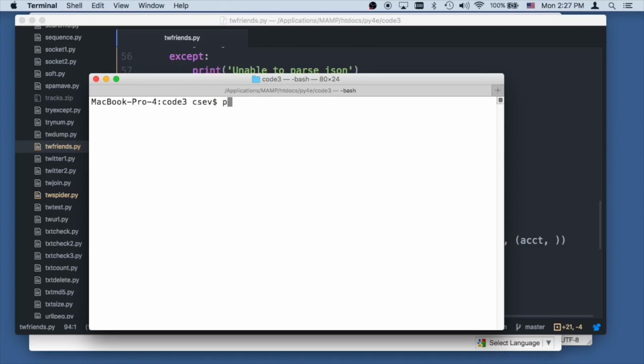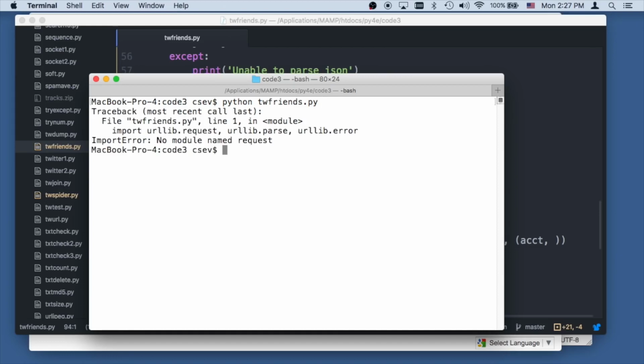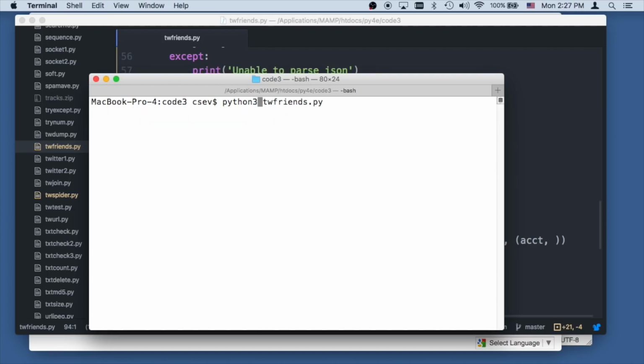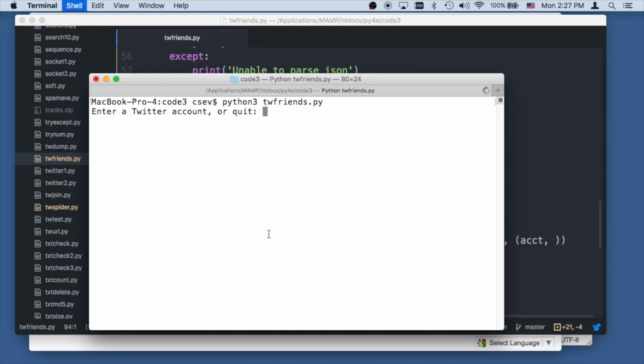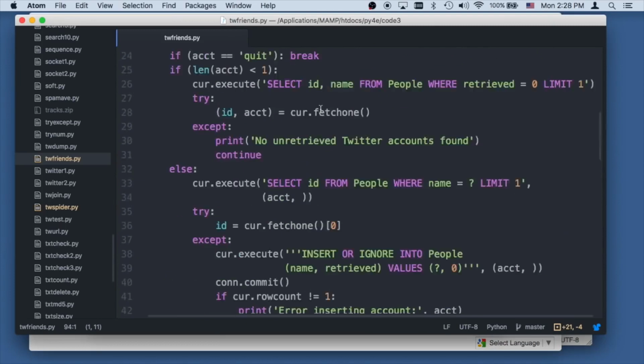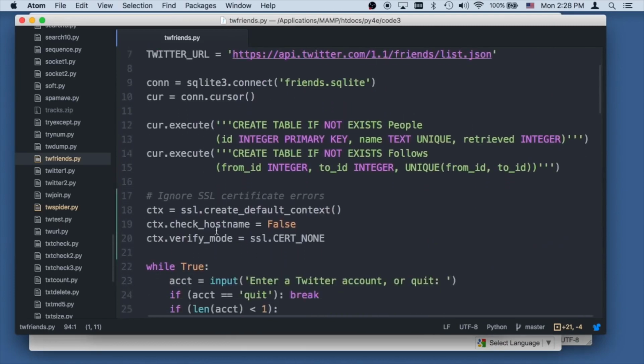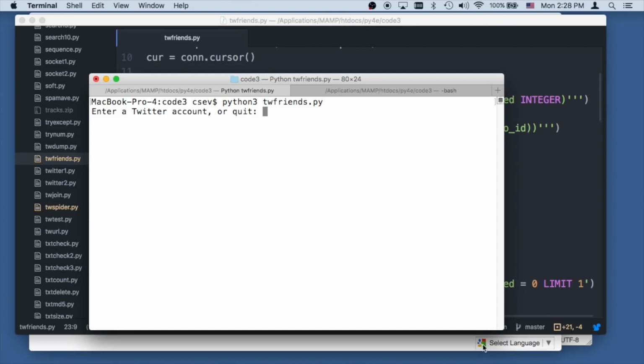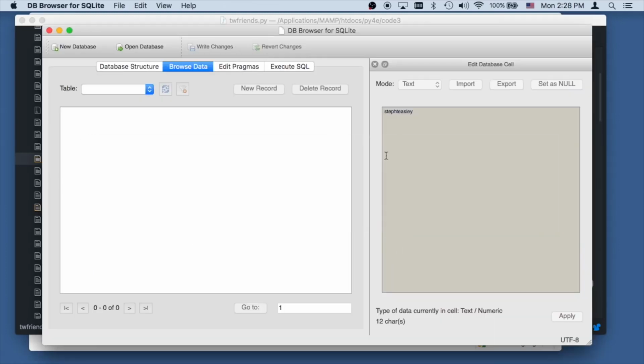Okay, so python twfriends.py. Oh, of course, I am a refugee from Python 2, so I always forget to type python3. Okay, so we're going to start. If we take a look right now, I'm going to start another tab over here, and ls -l *.sqlite. Now that SQLite file is there, right? And it's actually made the tables. If you go up here, it ran all this stuff. Create the tables, yada yada, and we're sitting right here at this line. As a matter of fact, I think without causing too much trouble, I can open